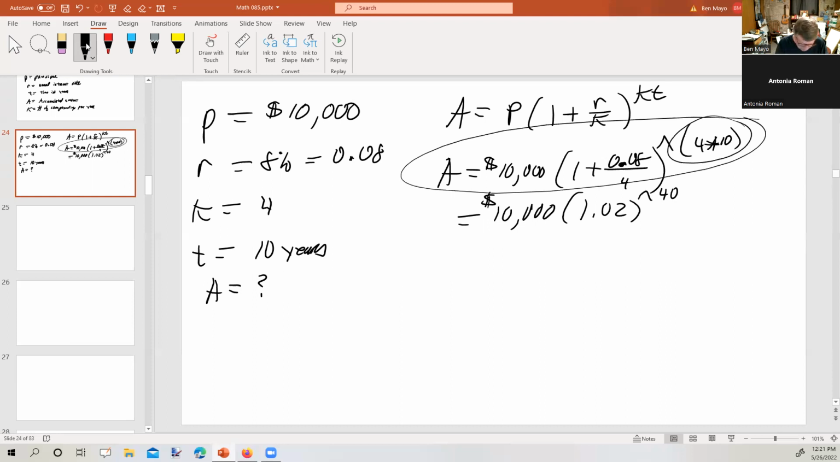So I'm not going to do the pre-simplification stuff, which if you want to do that, that's fine, but be careful. If you've got some number that doesn't come out nice and it has like a repeating number, you better go back and just use the original. So 10,000 parentheses 1 plus 0.08 divided by 4. Close the parentheses, then the little caret key, parentheses, 4 times 10, close parentheses. When I do that, I get